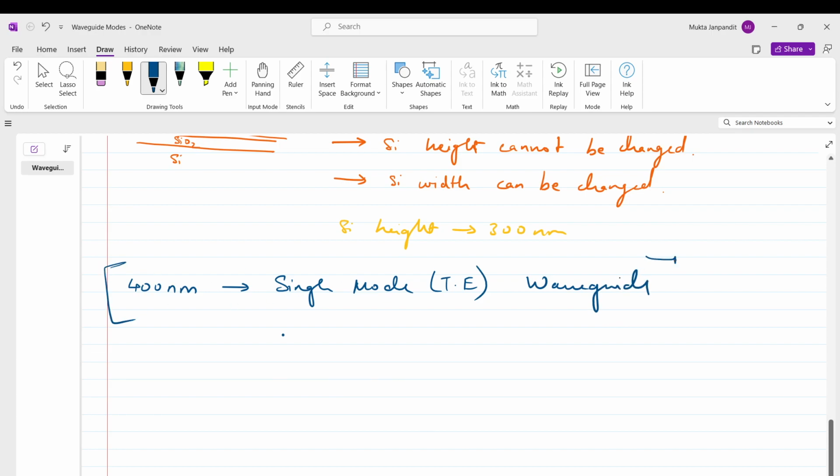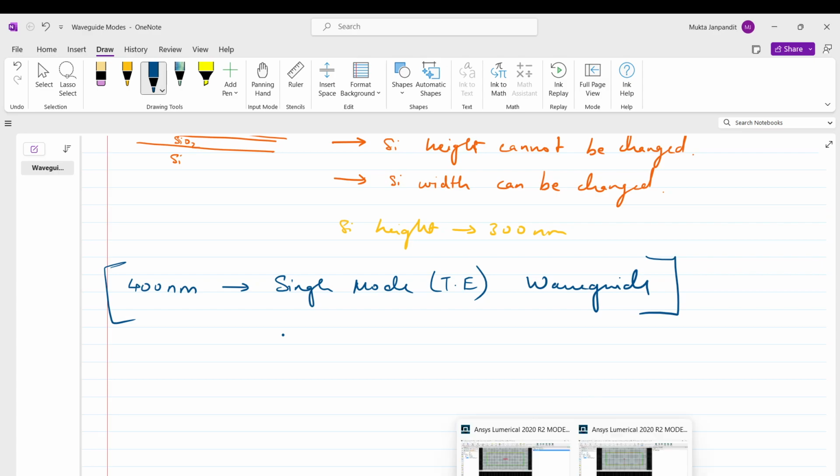So we have successfully designed a waveguide in the given design parameters to be a single mode waveguide for a TE polarized light at 1550 nanometers. Good. So we were able to do that.